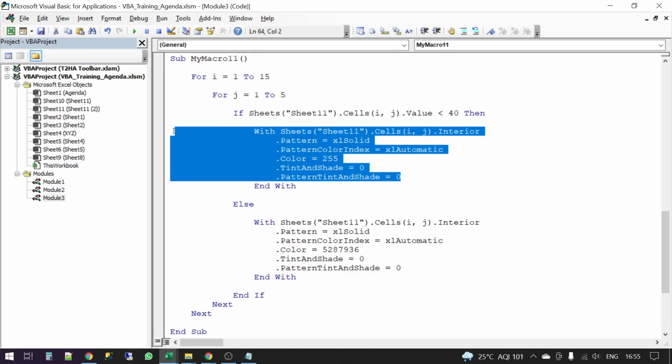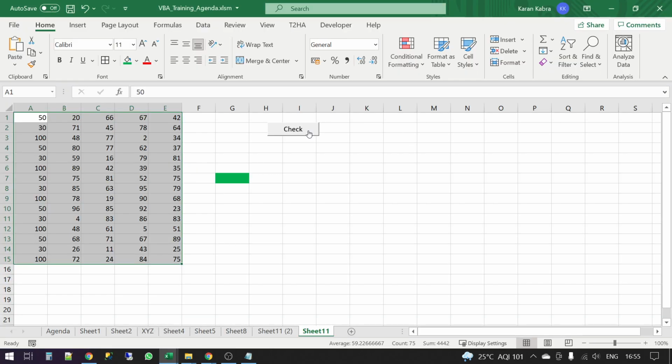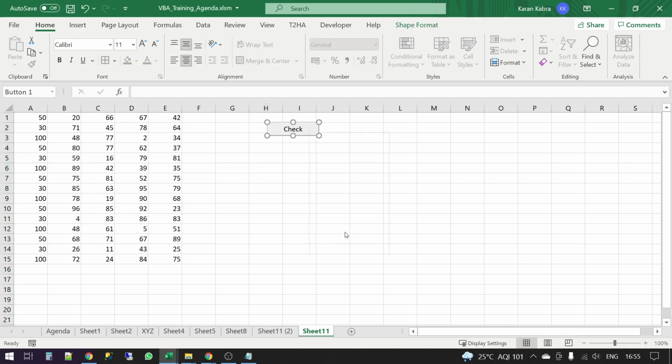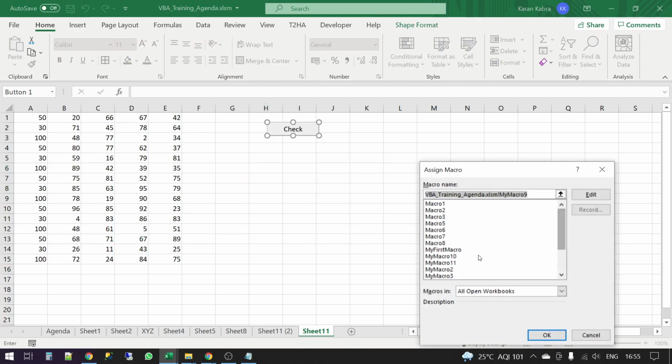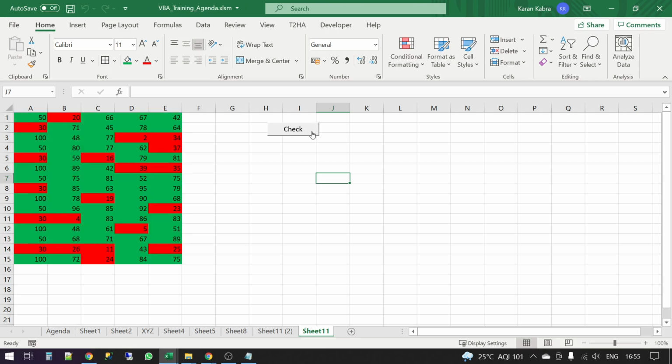This is to set this particular cell as red and this is to set this particular cell as green. Now let us run and check my macro 11. Okay. Should we try? There you go.